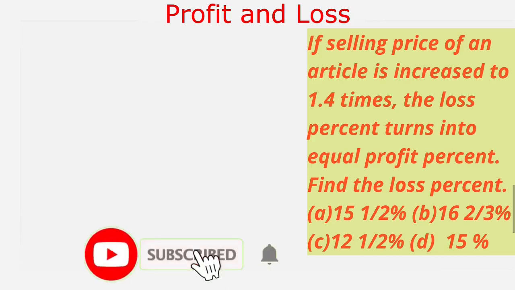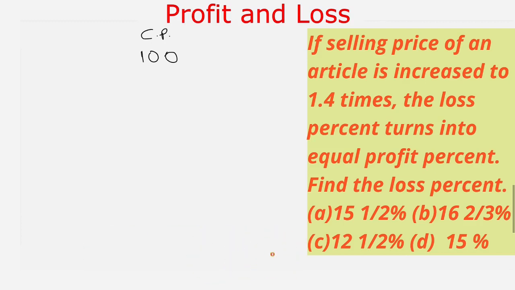We solve this question by two methods. Our first method is, let CP be 100 and X be the loss percent, which turns into X profit percent. So our earlier selling price, I write it as SP1, is 100 minus X, because when there is a loss, then SP is cost price minus loss. And second SP2, when it turns into profit of X, becomes 100 plus X, because SP is CP